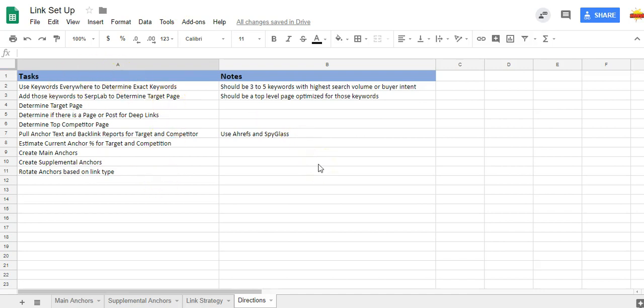So the first thing that we have is, I'll share this with you. I'm going to turn this into a blog post. This is my link setup sheet, and basically it's our SOP guide, right? And it's our template that we use for our projects. So the first thing we need to do is determine what our main keywords are. And I call them our exact keywords. Exactly what are we going to target